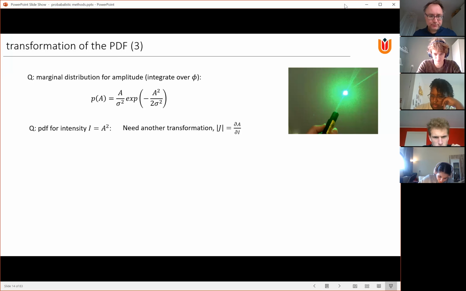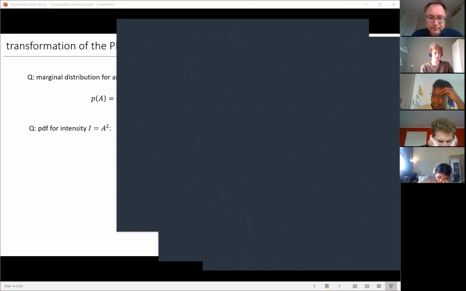Yeah, so I found something. Of course, the hint's already given, so we first want to calculate the Jacobian in order to find the factor that relates the two functions. So we have the intensity equals the amplitude squared. If we rewrite that, we find that the amplitude equals the square root of the intensity. The derivative of the amplitude in terms of the intensity is then